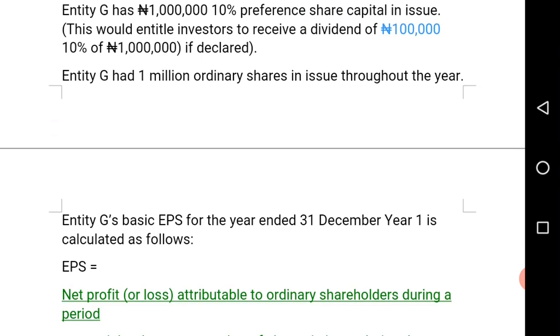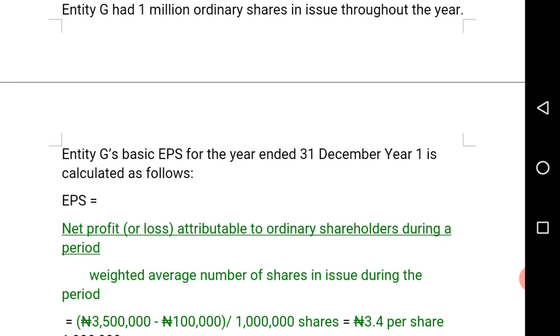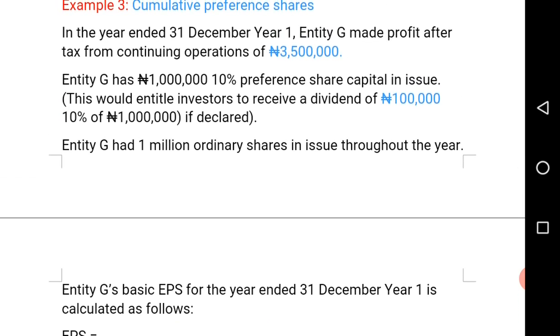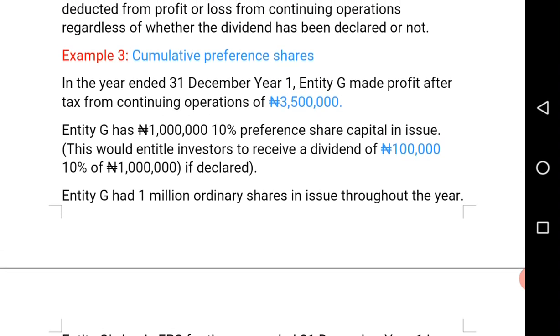Entity G's basic EPS for the year ended 31st December year 1 is calculated as follows. Same formula: net profit or loss attributable to ordinary shareholders during the period divided by the weighted average number of shares during the period. So now we have, as we said, you always deduct cumulative preference shares. Always deduct it. So we have 3 million,